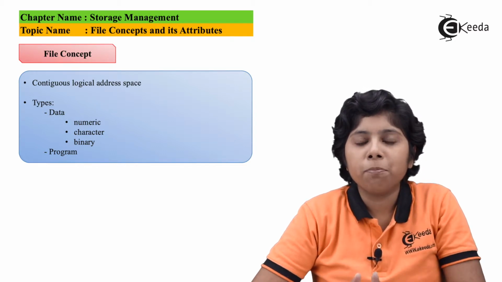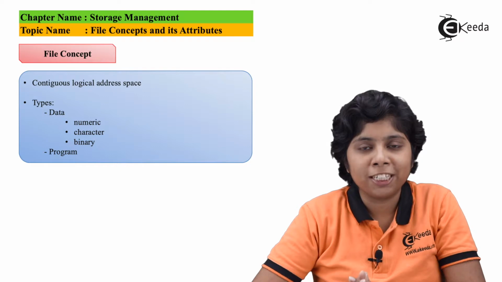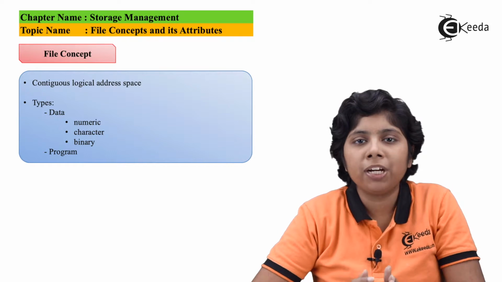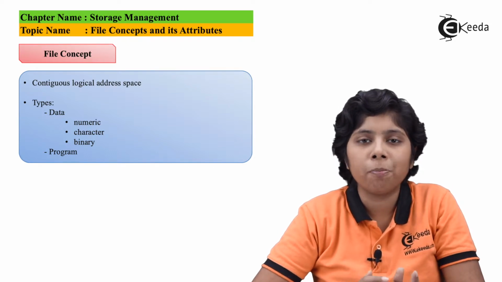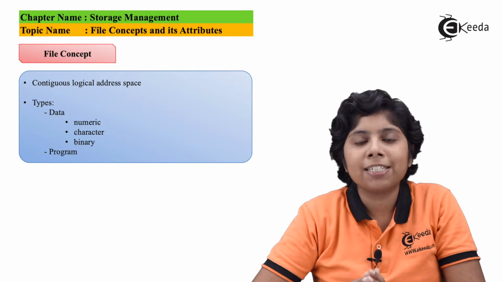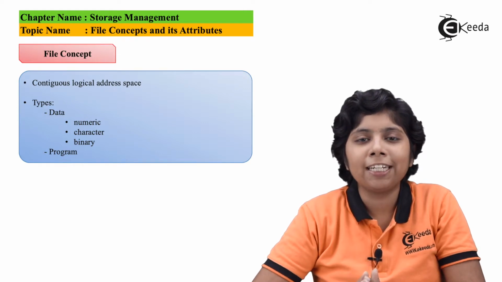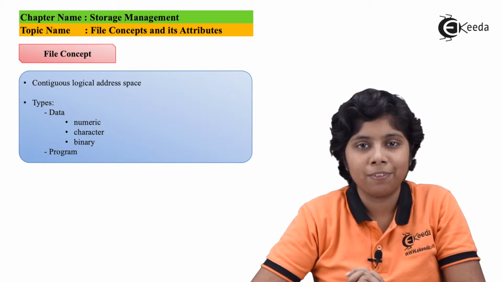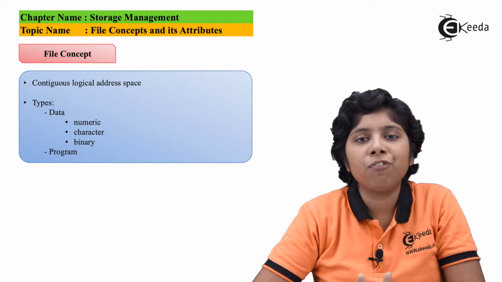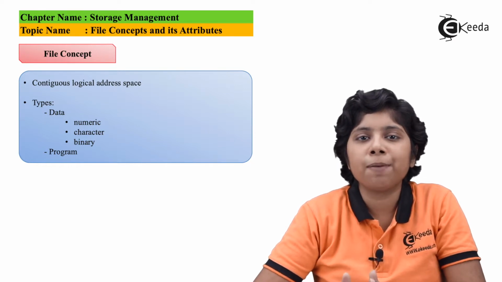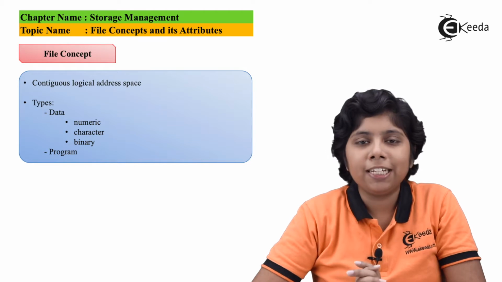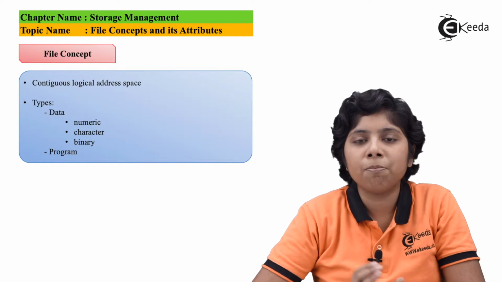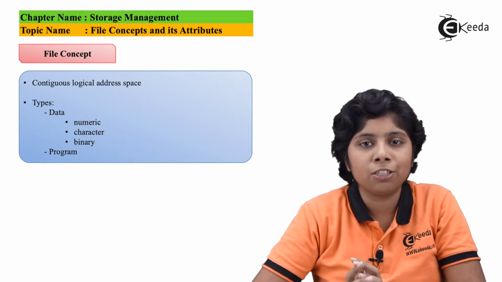A file can be a program, of both source and object types, or data. A file can be text, numeric, alphanumeric, alphabetic, or binary. These files are stored on storage devices and can be named and used by the proper user and the operating system. A file can also hold different types of information within it, such as source and executable programs, text or binary files, music, photos, video, and so on.